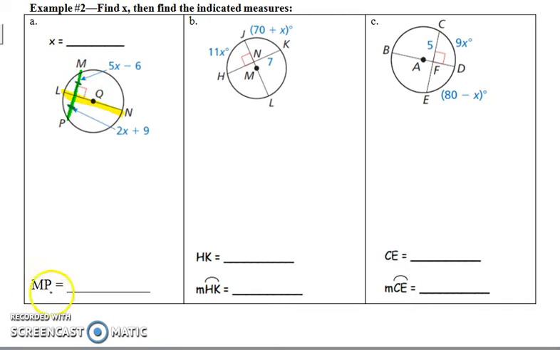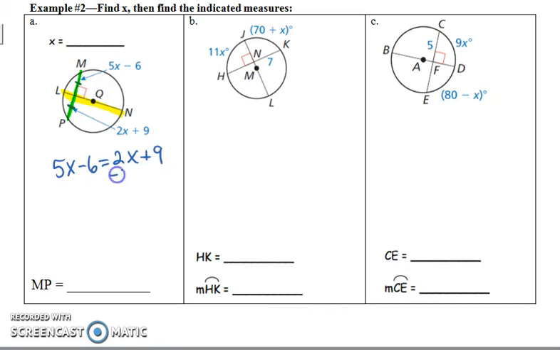So in order to find the length of chord MP, I need to know what X is. So based on this relationship that I know, that the chord is being bisected, I can set up an equation that's going to help me find X and ultimately help me find the length of MP. So that equation is going to be, take that 5x minus 6 and equal it to 2x plus 9